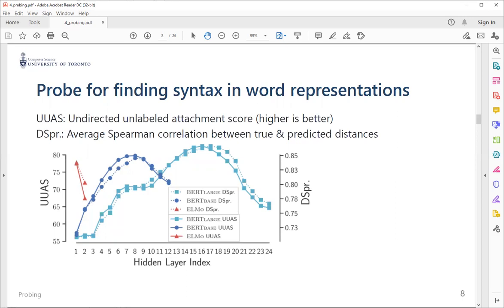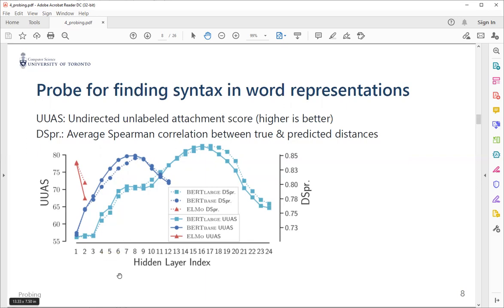than the other layers. For example, in ELMo, lower layers are better. And the 12-layer BERT around layer 6 to layer 8 are good. And the 24-layer BERT has the best syntactic distances encoded in around layer 15 to layer 19. So apparently, there are some intrinsic mechanisms in the very deep networks. They first assemble those information into some more abstract forms that are easier for the models to process,